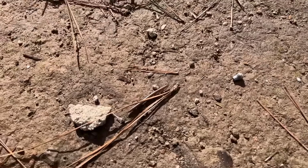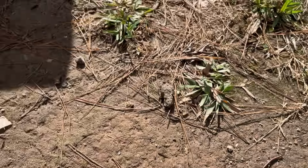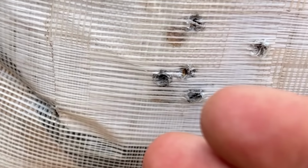Sorry for the detour. I saw this centipede or, you know, millipede, whatever it is. I saw this down here, but anyway,